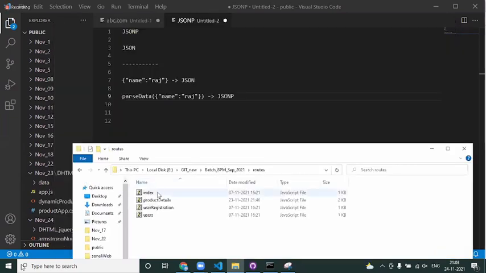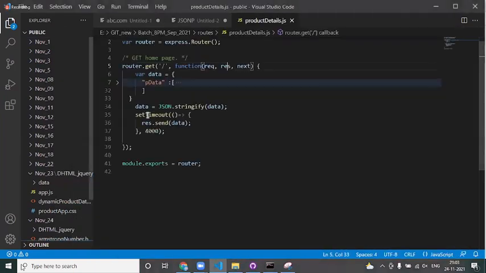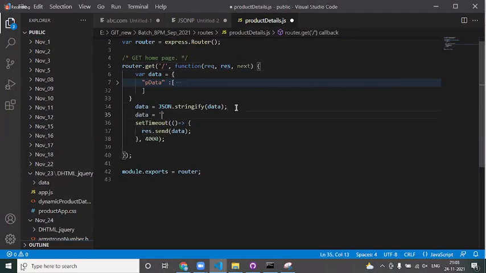Okay, now you open this product detail web service. Till now we are simply sending the response with the data. Now what I'll say is data equal to, say, parseProdData, plus the data. As I said, this is a user-defined method. You can give any method name. That's it, nothing else.